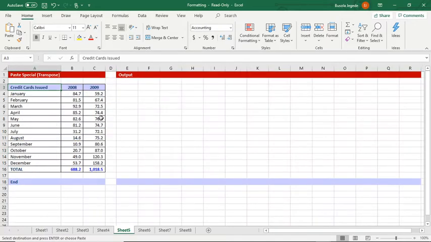Now we're going to be talking about another paste special, which is transpose. So now this is the scenario. Here you have some months, some credit cards were issued, and some years. So you have credit cards issued in January 2008 being 84.7, and so on. So now, how do we make this data block horizontal? I'm going to copy it to show what I mean. How do we present this data block in this manner,